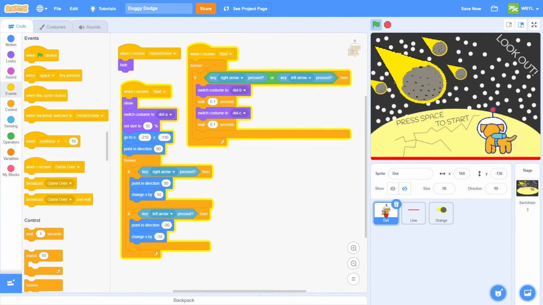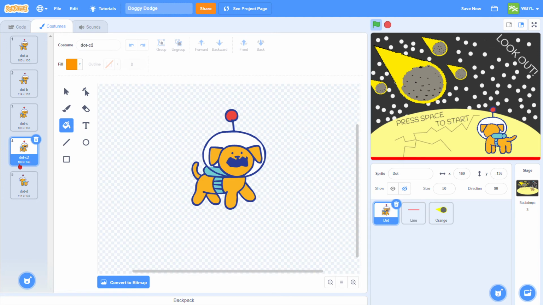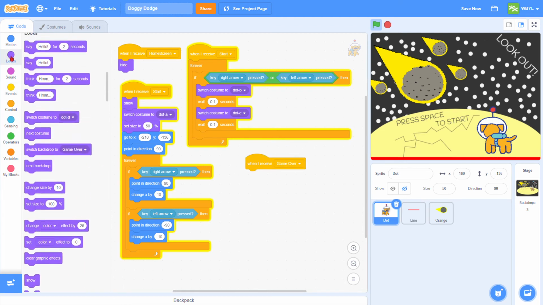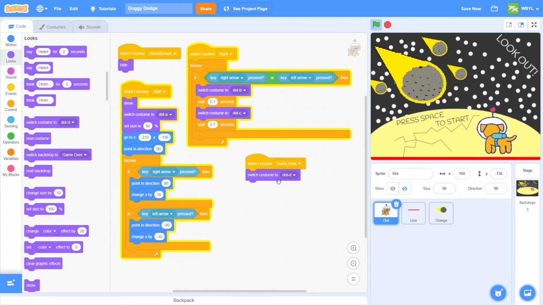The only other thing left, if you want, there's a couple optional things we can do. First being make a custom costume. So what I've done before this started, I made a copy of one of my dot costumes just by right-clicking, duplicating it, and I edited it a little bit so he had this scared face. So now we can go to events, when I receive game over, looks, switch costume to, I think it was dot C2, and